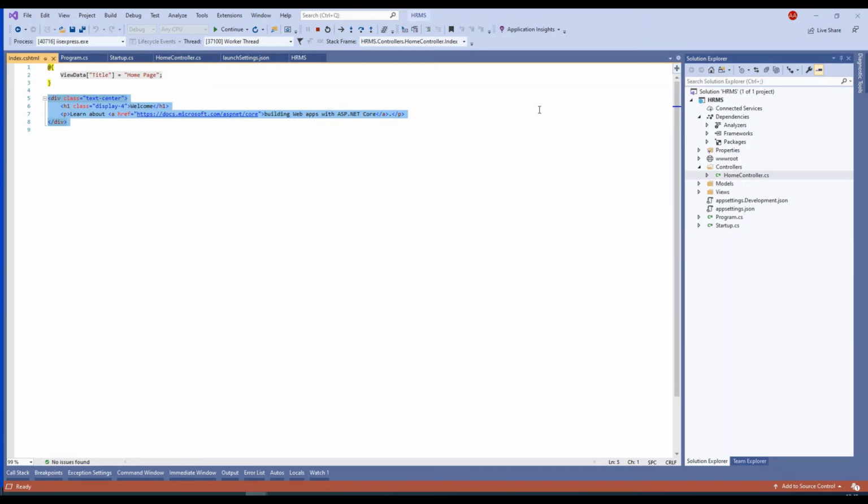Let's change something and see that it is the same thing opening. Let's say, sorry, I have started learning the ASP.NET Core MVC. Okay, let's save it.